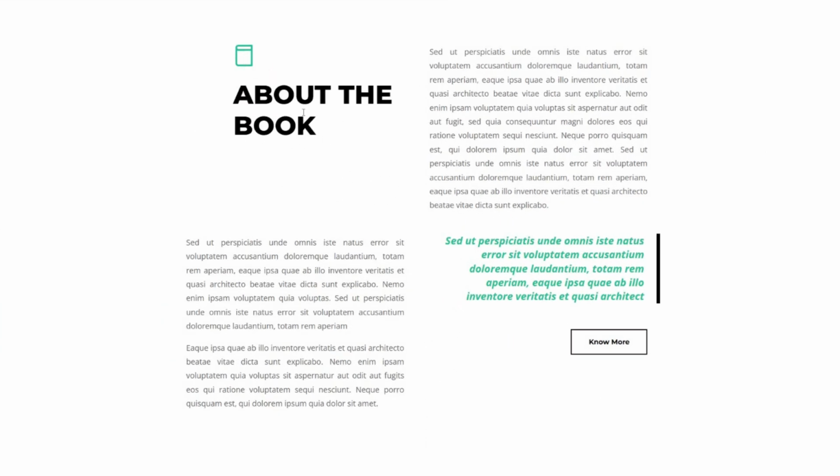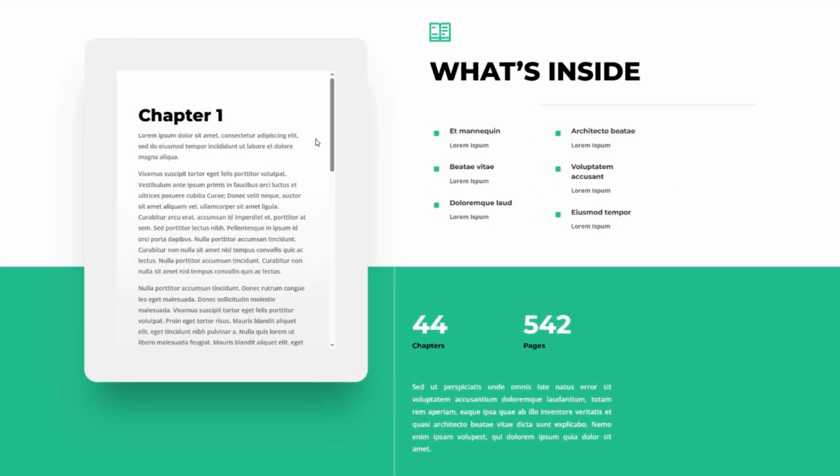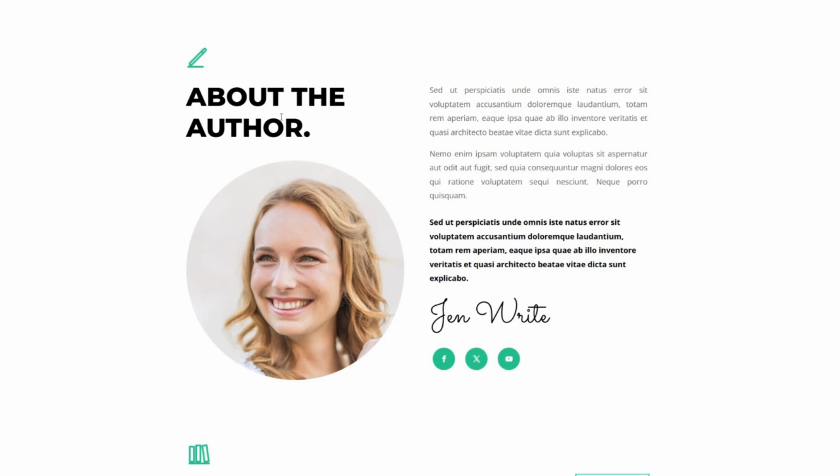Next, the About the Book section offers a succinct yet detailed insight into your ebook's narrative, designed to pique the curiosity of potential readers. The What's Inside section tantalizes with glimpses of what your book holds, enhancing the intrigue and prompting further exploration. Finally, the About the Author section provides a comprehensive background of your journey, building a bridge between